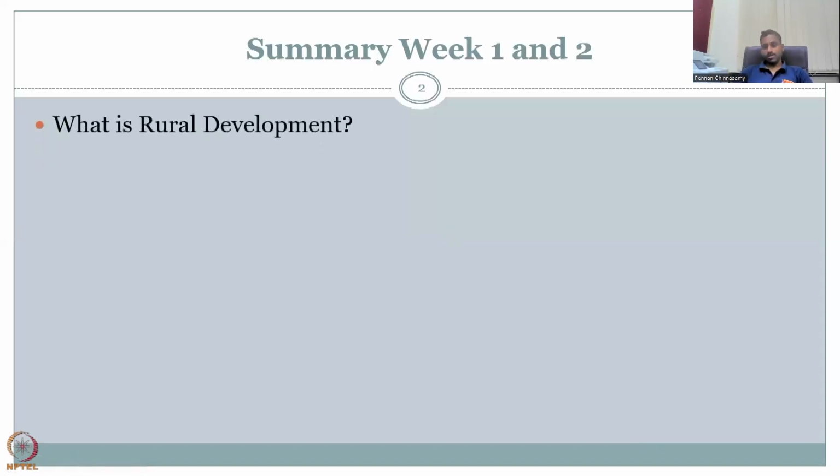preparations for future lectures. In the first week, we looked at and defined what is rural development. Trust me, a lot of people struggle to define rural development. What is rural development? And we cannot give personal experiences and personal feelings about rural development. Some may say that education is needed, some may say water is needed. And the definition of what you mean by rural development, which level to which level are you talking about